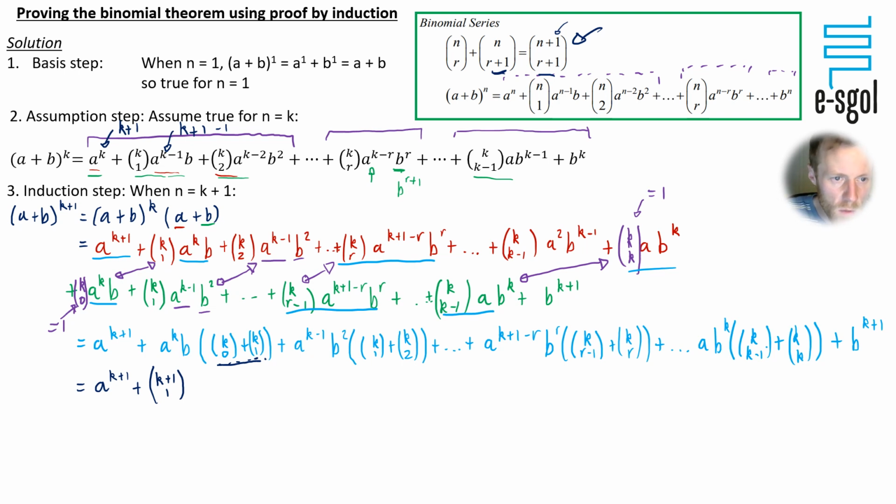And hopefully you can see that here the k has turned into a k plus 1, but the 1 has remained the same. So we get a to the power of k plus 1 minus 1, and that's because I want it to look in this format. You don't really have to do that, times b